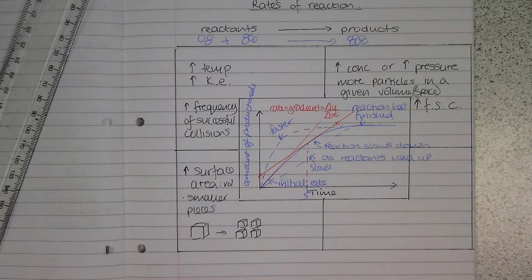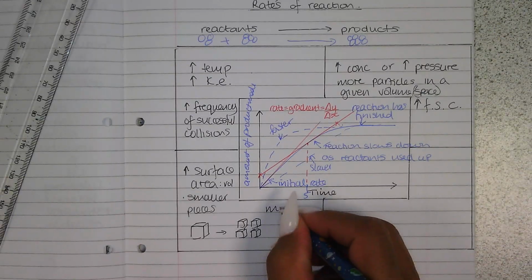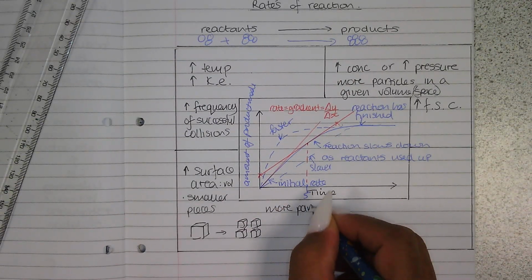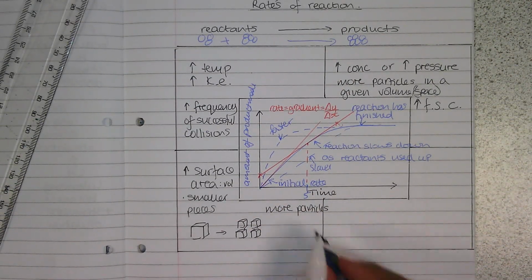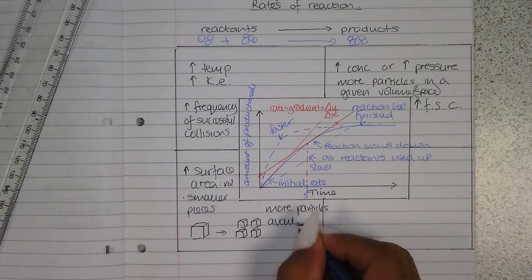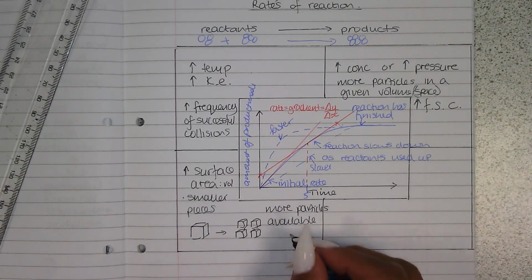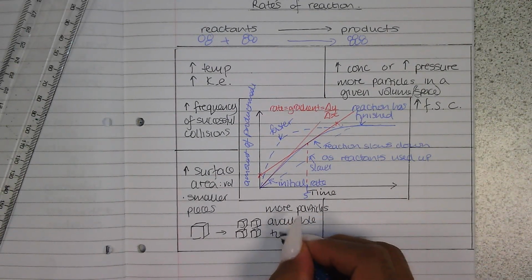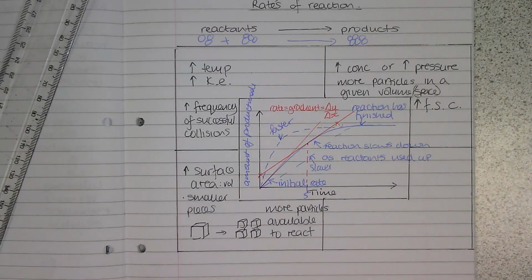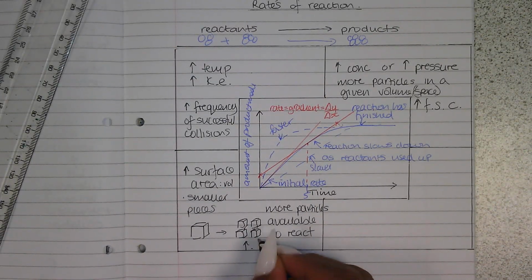So we've increased the surface area, okay? Which means more of the particles are available to react. If more particles are available to react, there's a higher frequency of successful collisions,